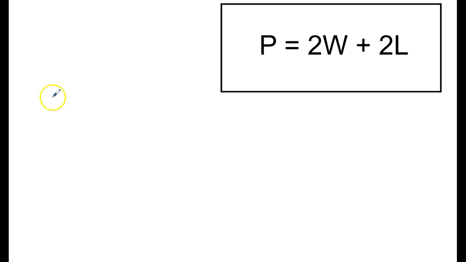Let's look at a different example. So you guys know that the perimeter of a rectangle is you just add up all the sides. This side and this side, this side and this side, they're lengths, and that gives you the perimeter. Another way of writing it is 2w plus 2l. So